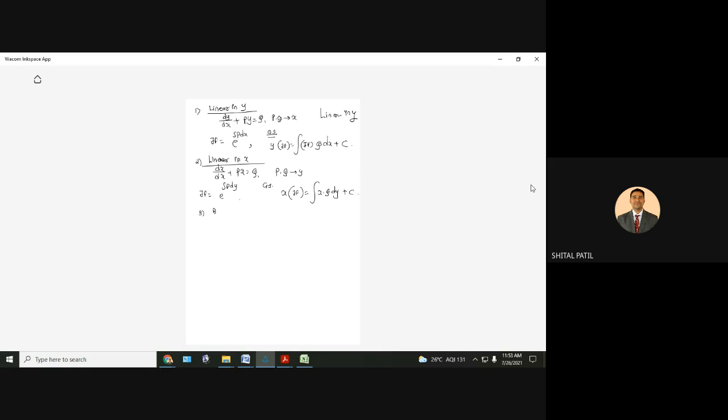Third, Bernoulli's in y. So dy/dx plus Py equal to Q, with an additional term, y raised to n. Compare these two differential equations and you will find that this is the additional term, where P and Q are functions of x. So it is Bernoulli's in y and it is non-linear due to y raised to n. So the first step will be to divide by y raised to n. Then we have 1 upon